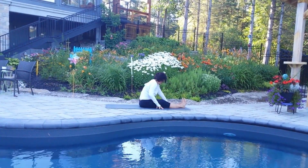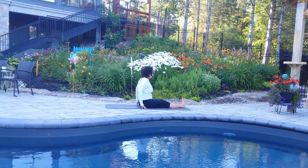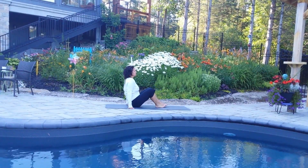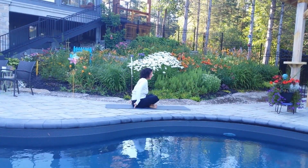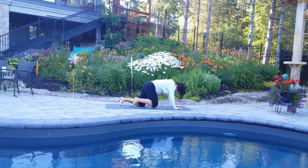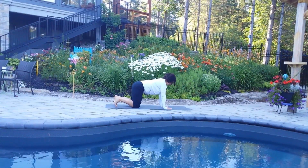Ready to move out of this pose, move very slowly, using your hands to support you. Bring the shoulders back up over the hips. We're going to make our way to a tabletop position, right in the center of the mat. Bring the knees under the hips,